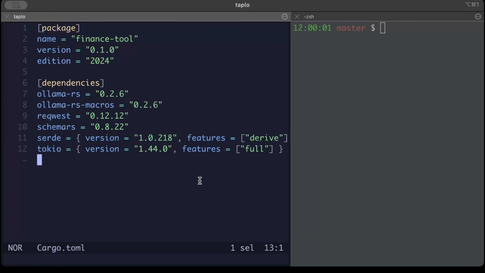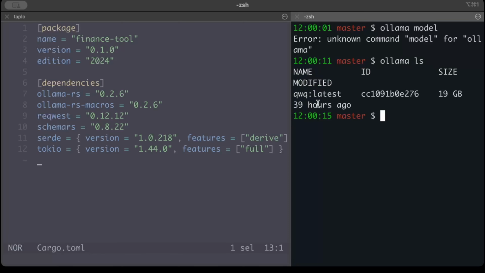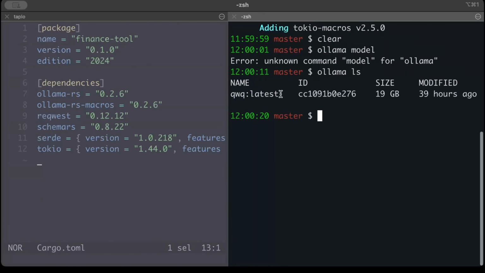as you guys can see here, let's check the model now. So Ollama model, okay, so there you guys can see I have QWQ latest on my machine. You can just do ollama run qwq to run it on your machine. For me, it's already up and running. So we'll be using